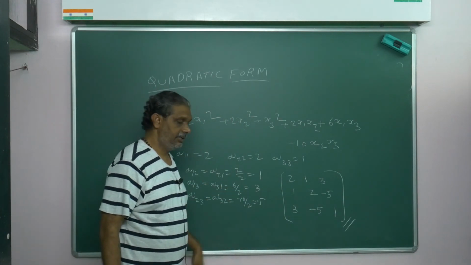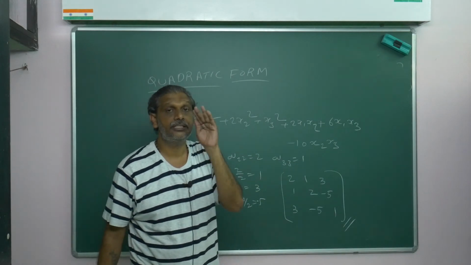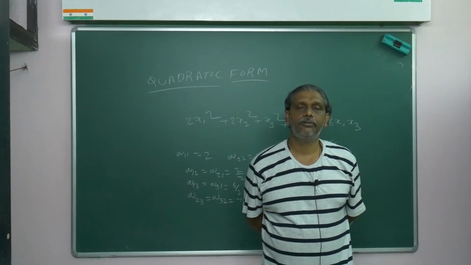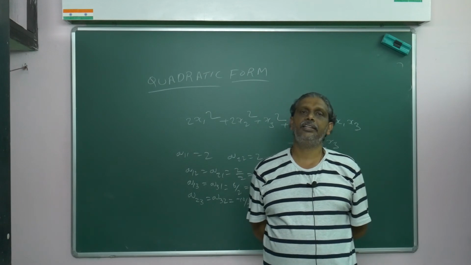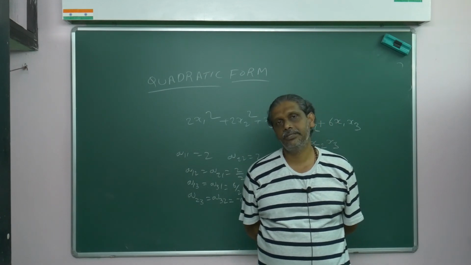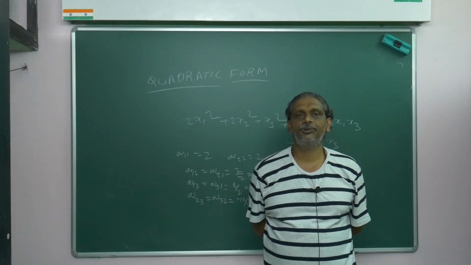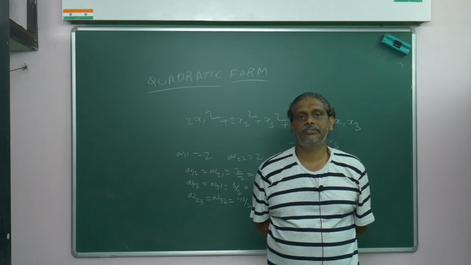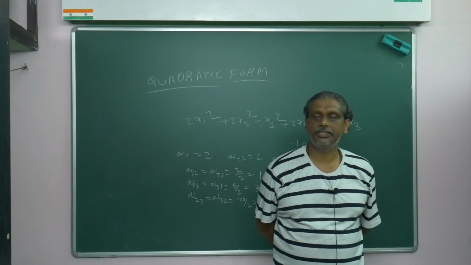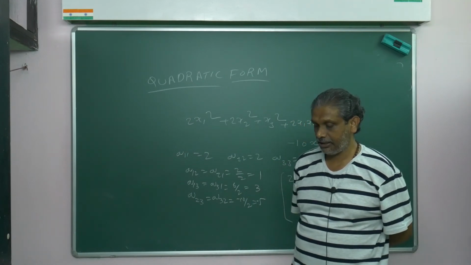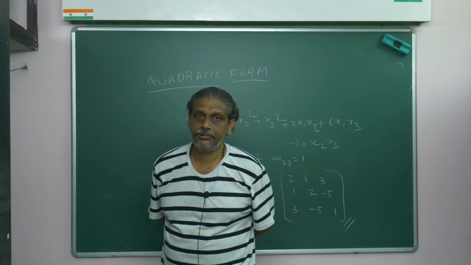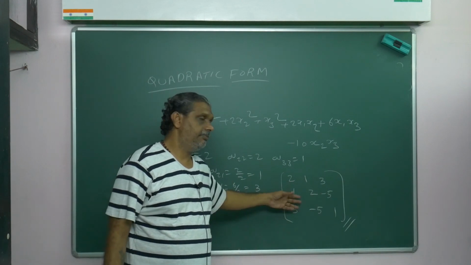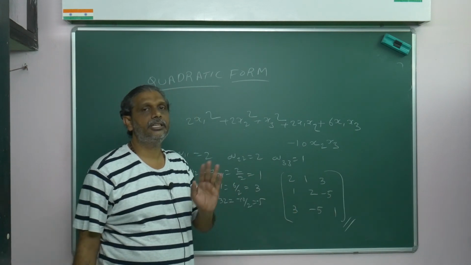Now the actual thing is, they will give a quadratic form and ask you to change it to canonical form. Canonical form is a diagonal form. They will write another quadratic form in y1, y2, y3. I will find the diagonalization matrix by orthogonal transformation, then write the quadratic form using new variables y1, y2, y3. Then on the diagonal you will get only d1 y1 square, d2 y2 square, d3 y3 square. So the quadratic form is very important. If they give the quadratic form, you can write the matrix; if they give the matrix, you can write the quadratic form. But the condition is that the matrix should be symmetric. Keep that in mind.